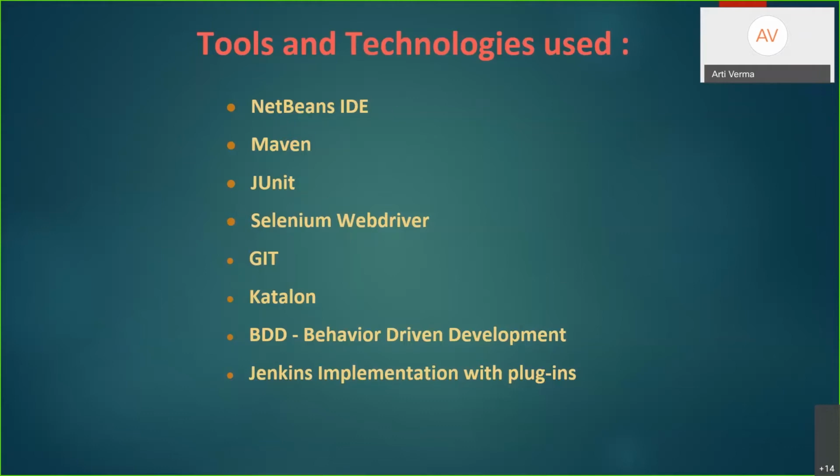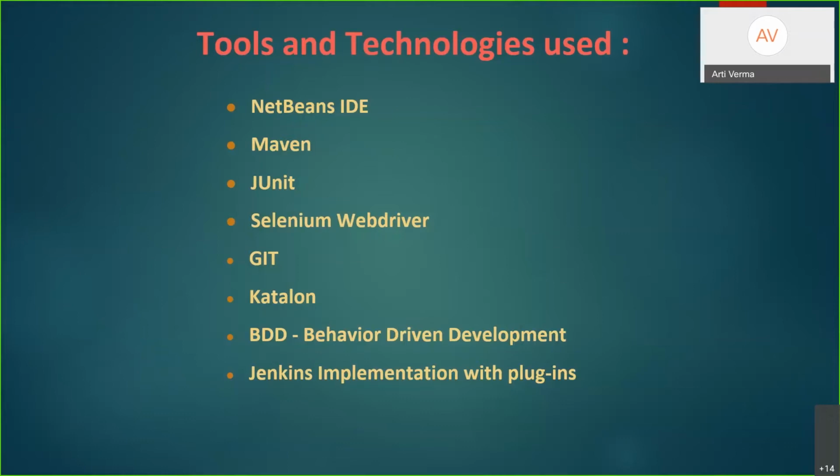Since everybody knows that Git is a website and a cloud-based service, and it helps to store and manage code as well as track and control changes, whatever we make in the code. Then we used Katalon to give us, you can say, an outline to do our coding so that we save on a lot of time by starting from scratch. Later, we did modify the lines where it was getting stuck by using F12.